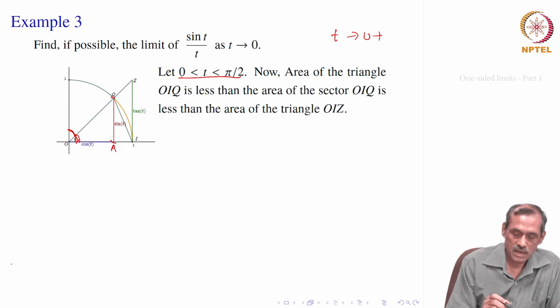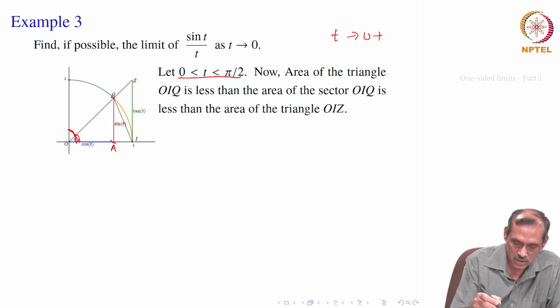Okay. Now, what about this green line? You can think of the green line, this is T. So, you consider the bigger triangle OZI. In this I have T here. So, tan T is equal to perpendicular divided by base. Perpendicular is the length ZI, divided by base, which is O to I, the unit length. Therefore, this is tan T.